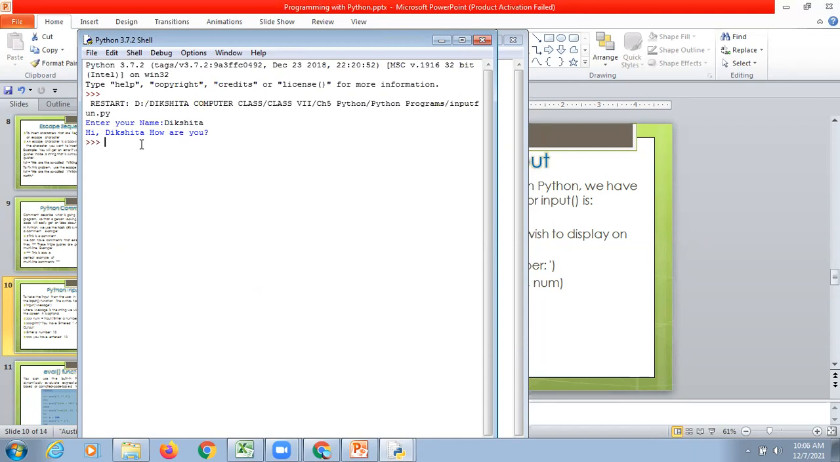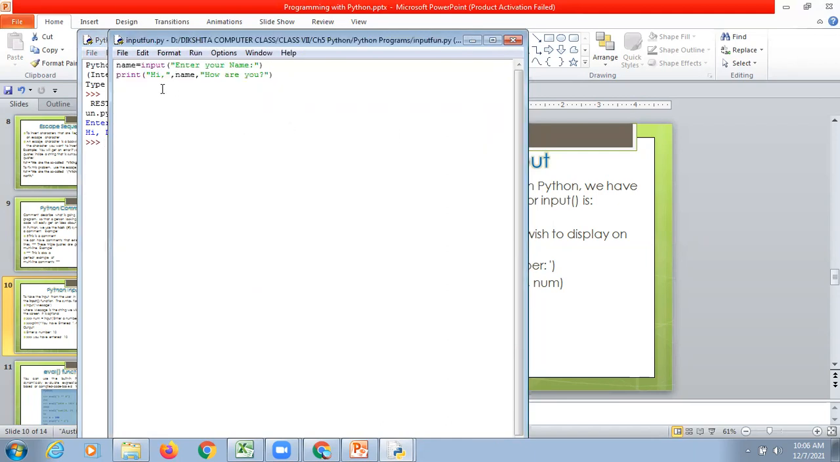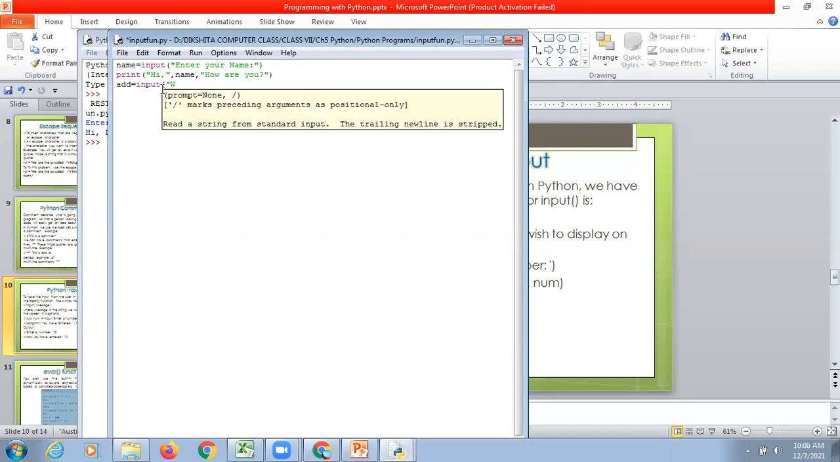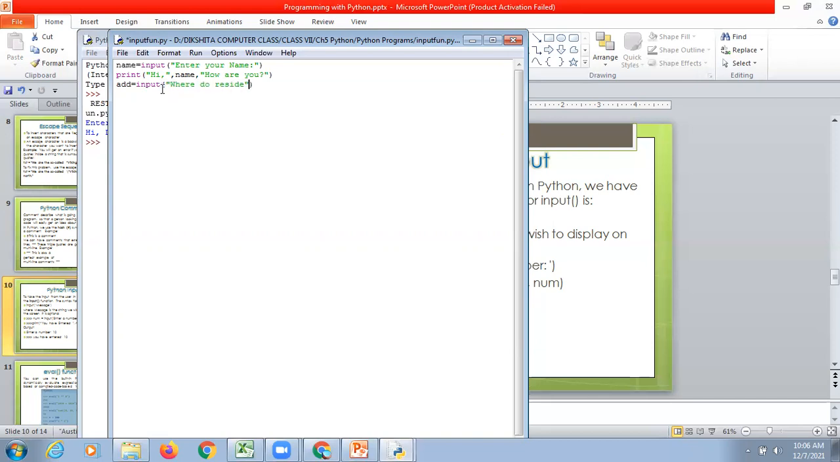So let's say I wanted to add something else in this program. I wanted to add the next variable: where do you live or where do you reside. So I am taking one more variable as add, that's for address. Input, "where do you reside?" Question mark. Print